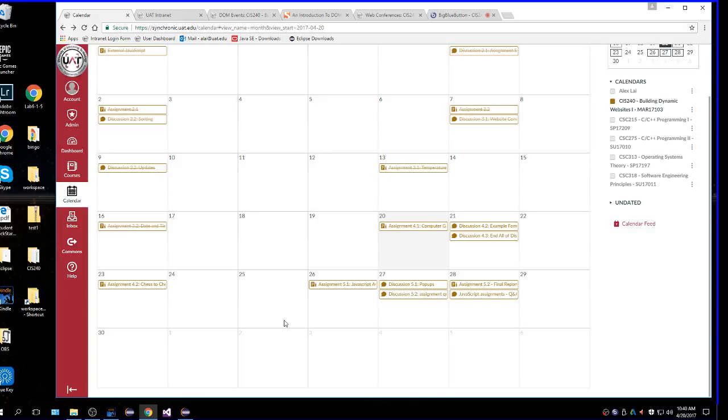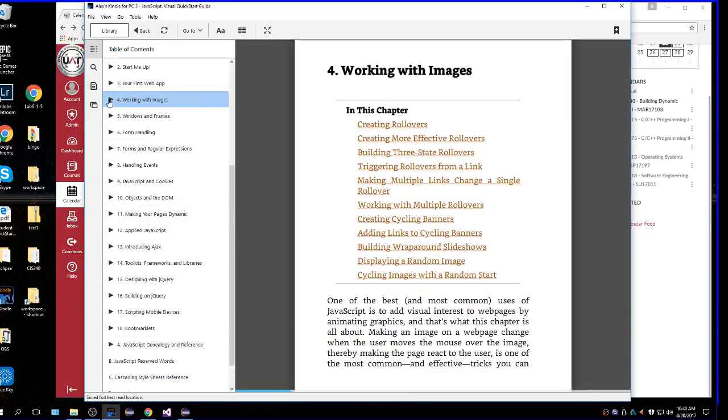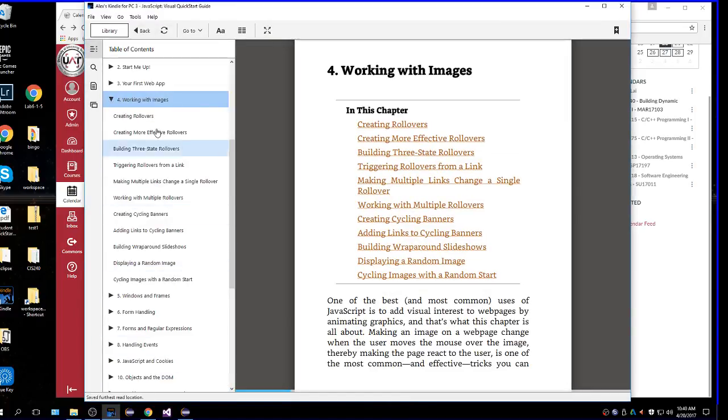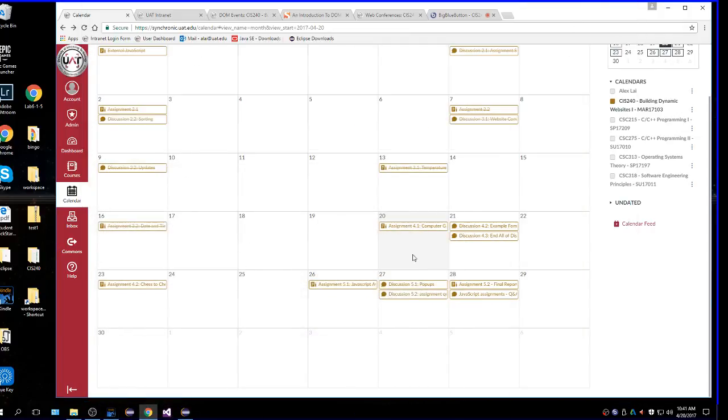I think you have learned enough here. You should be able to do that. But go ahead and read ahead on chapter 4 on images. Chapter 4, how to work on images, because the next or the last assignment that you have,